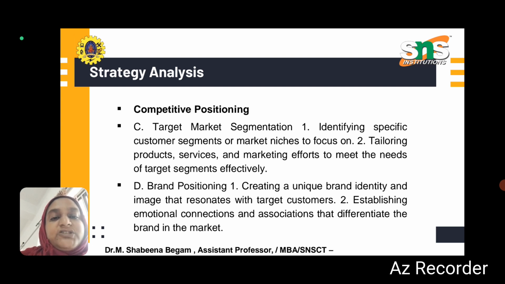So brand and positioning. For food products we have a brand called Nestle, which is very common. So branding and positioning is also playing a vital role in